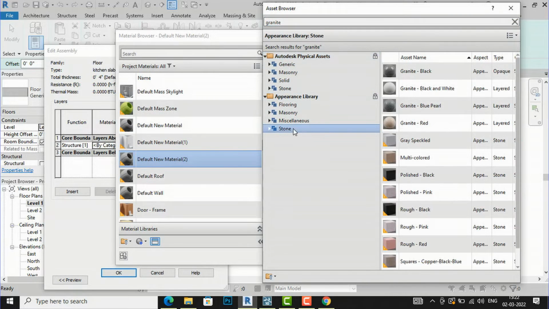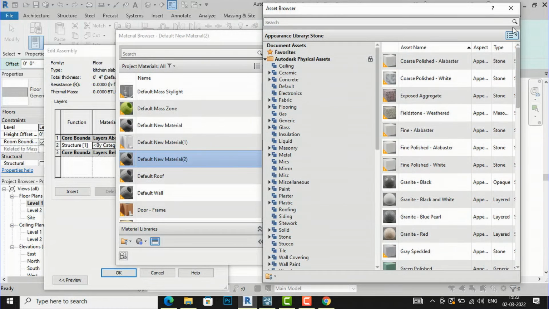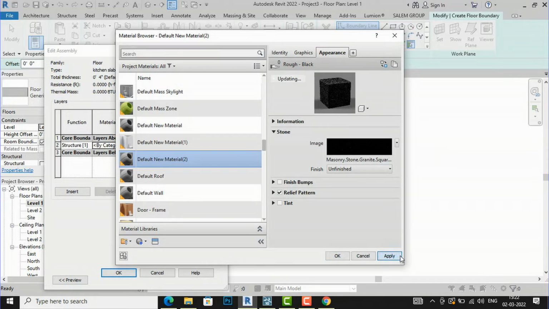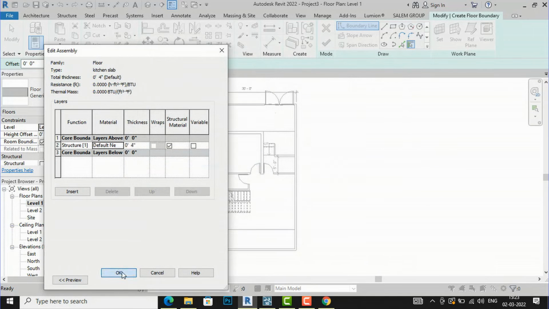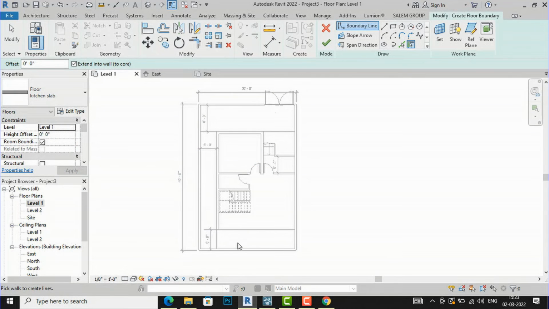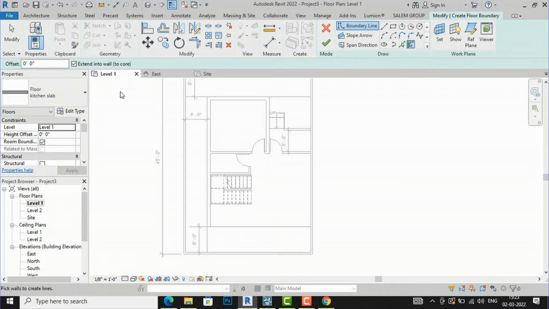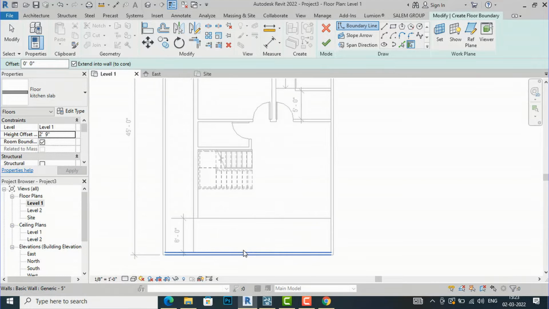So I will use stone here, and I'm going to use rough black. So this is basic drafting of plans, and now I am going to give the height offset in properties of this level. So standard height for kitchen slab is 2 feet 9 inches. So I'm going to give 2 feet 9 inches from the ground,